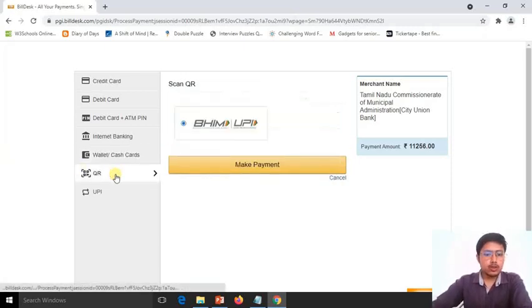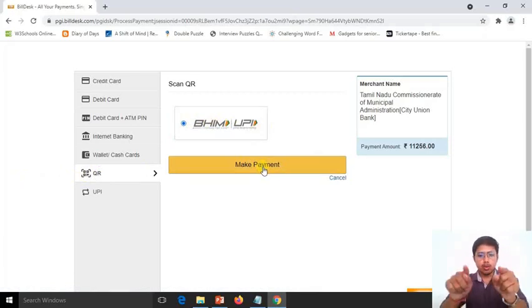QR code. QR code means in case you are using mobile banking or mobile internet banking, Paytm, PhonePe, Google Pay, applications like these, and from these applications you want to make the payment, then you can click on QR. By default it will have a tick on this Bhim UPI. When you click on the make payment button, it will give you a QR code.